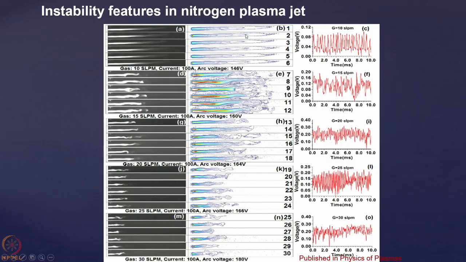You see here, and simultaneously what we have recorded, since it is now operated by constant current power supplies, we are interested more in the voltage, how the voltage is changing. So, here you are seeing that the voltage is oscillating like this. It is a scaled version, because in an oscilloscope you cannot measure a voltage of 146 volt; you need to scale it down so that it comes within the measurable range of the oscilloscope. So, that we have done. So, it is a scaled version, and